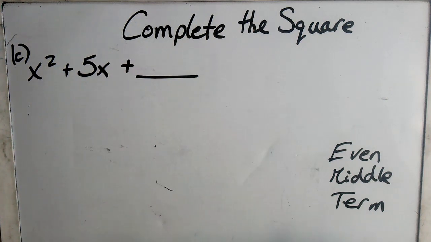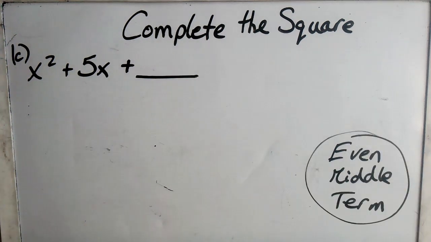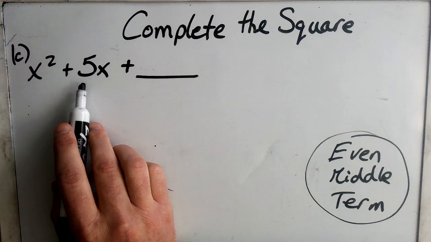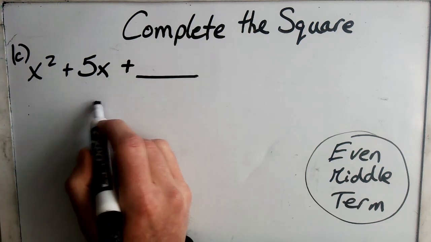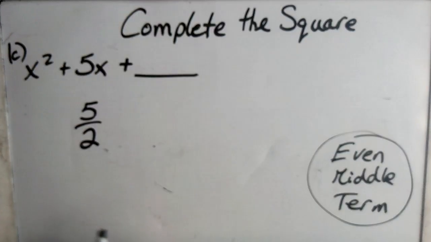So, I want to stress that completing the square is really good with even middle terms. We cut it in half, we square it, we find the number. Now the problem is it's a little harder with odd middle terms, because if we split it in half, we get a fraction or a decimal. If we square this,